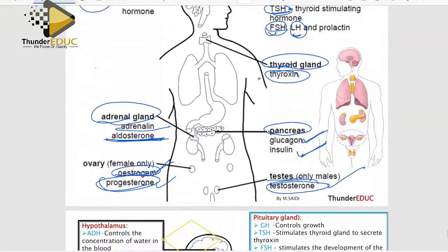I will talk about this one more when we go to the negative feedback mechanism, but the pancreas produces glucagon and insulin. Let me start with insulin. When you eat too much, if you make a lot of money, you put some money in the bank. So when you put it in the bank, it is stored. It is in storage form. When you don't have cash, what do you do? You go to the bank, you get the money. So that's the function of glucagon and insulin.